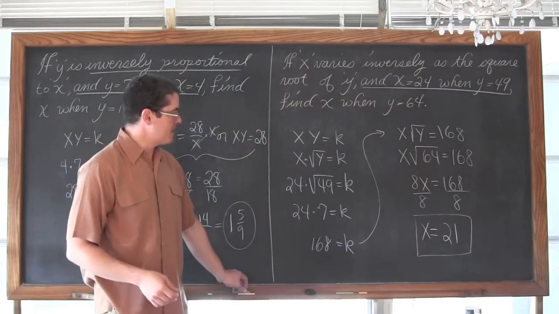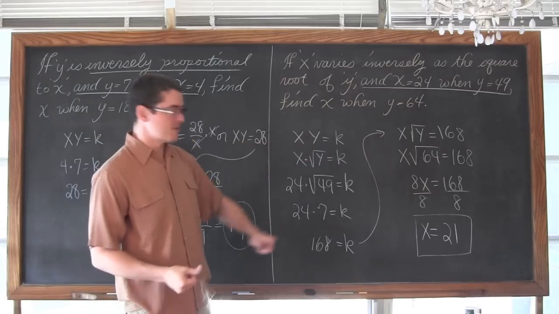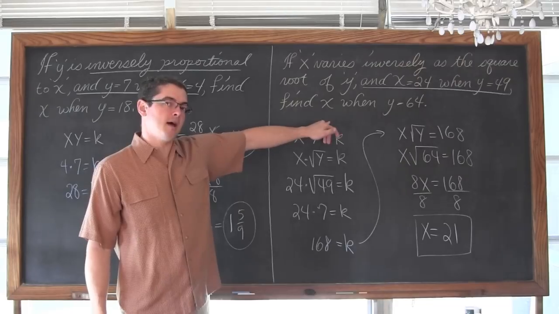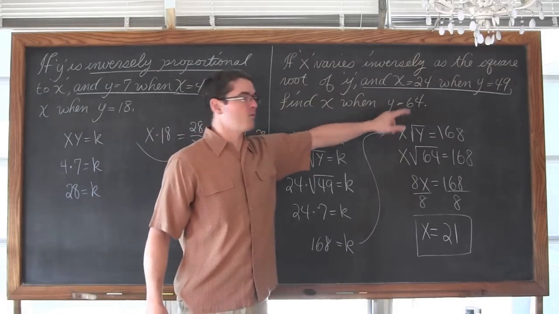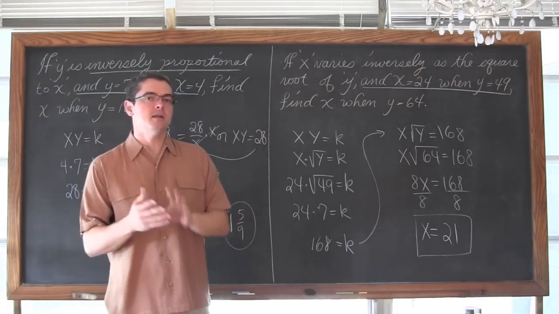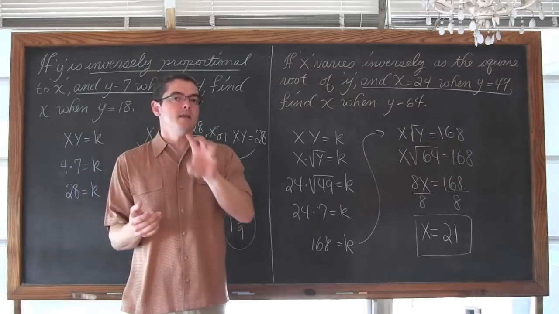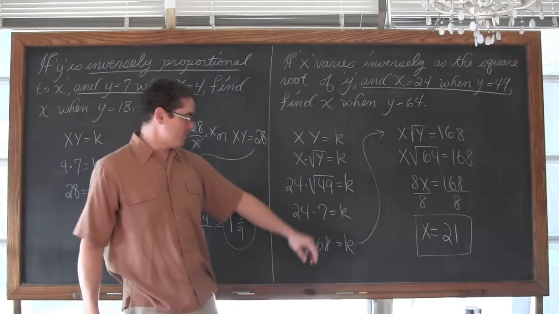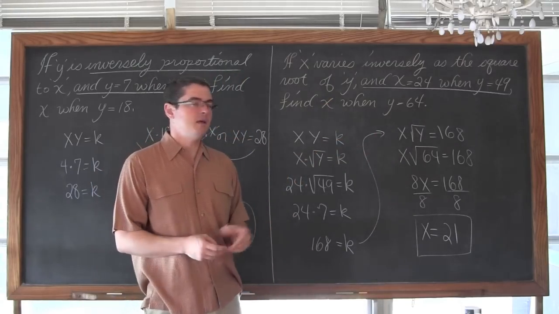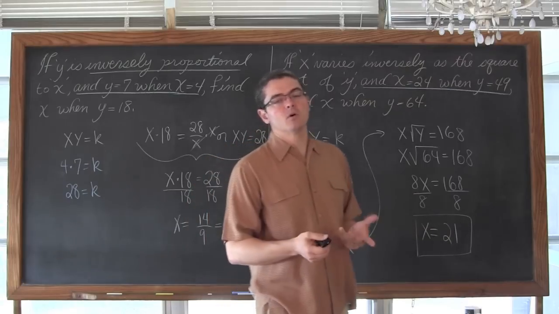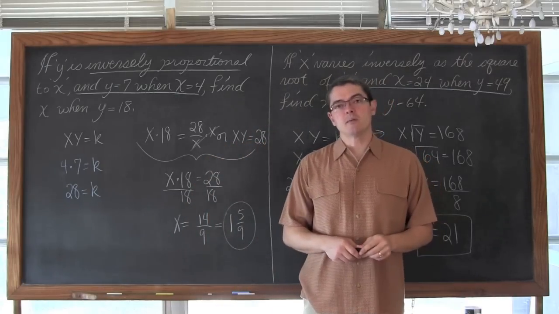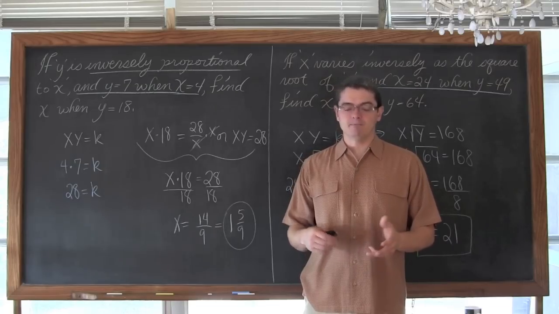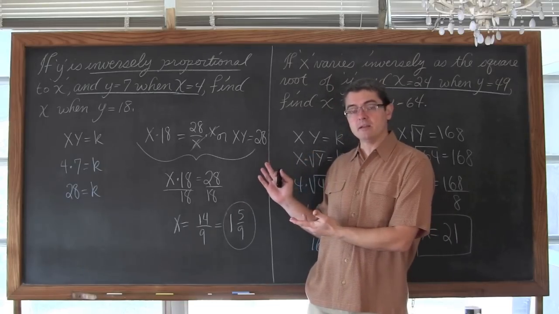I wrote these examples with this format of x times y equals k because they were ultimately asking us for x and not asking us for y. So I don't want to use an equation that's set equal to y, where it's y equals blah blah blah, when y is being given to us and we need that variable on the other half of the equation. Again, with the way these problems are set up in their wording, that would have just added one extra step in our problem.